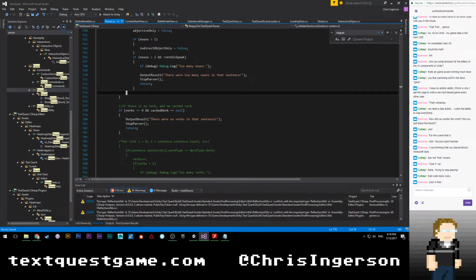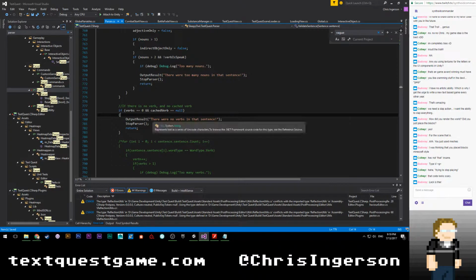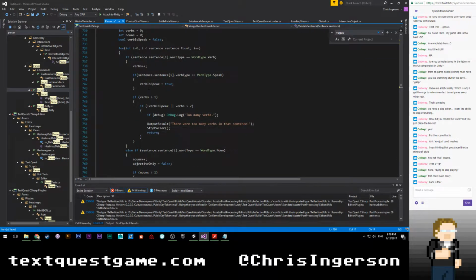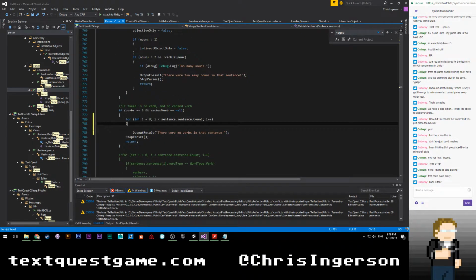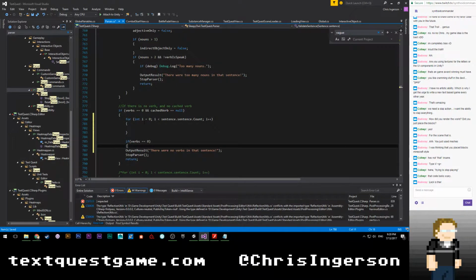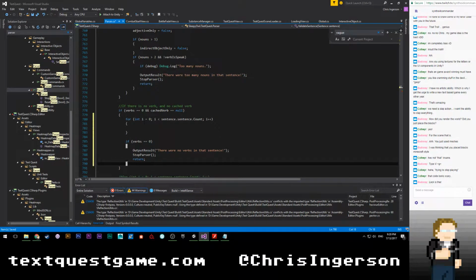So let's see here. So if verbs is equal to null, we're going to do another for each loop, or another for loop, I guess. And we're just going to do this. For loop. And then we're going to say if verbs is equal to 0, then we will output that as expected.